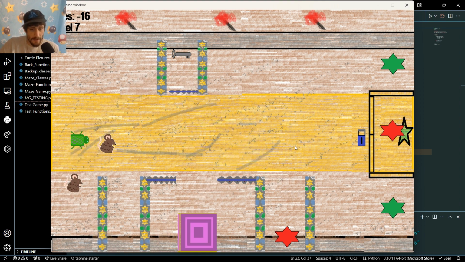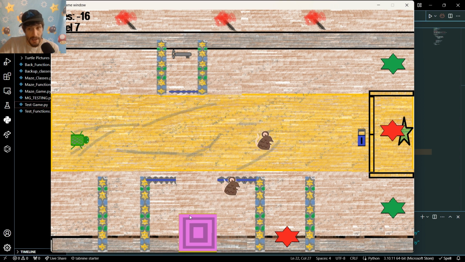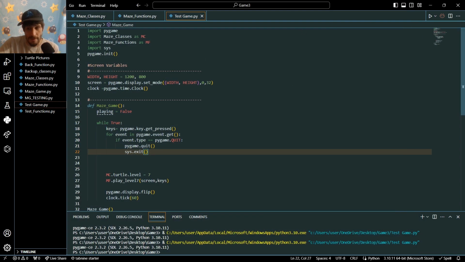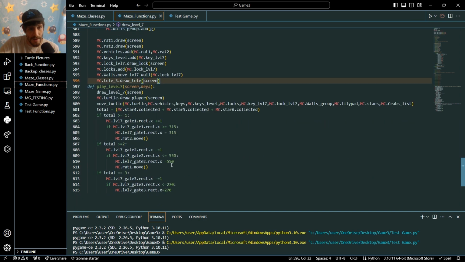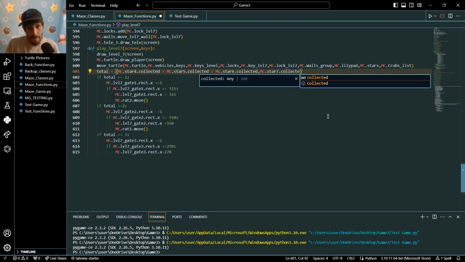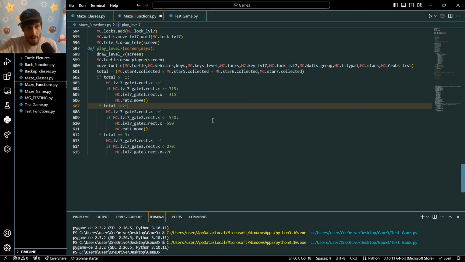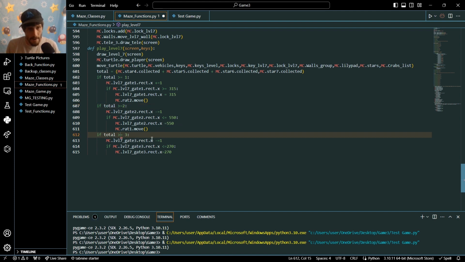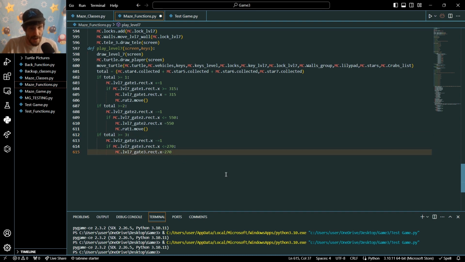So now that we have our teleporter on the screen in the position that we want it, we only want this to show up as soon as we hit our button. So let's write that into the code. And down here, remember we need to add it to our mc.star7.collected. And then we need to make this a greater than. So just like we did before with our gates,